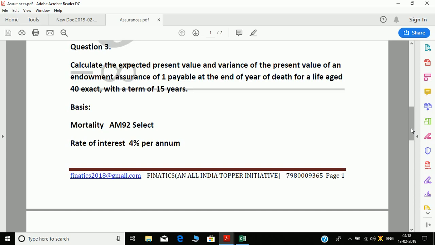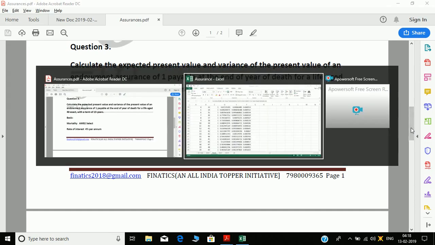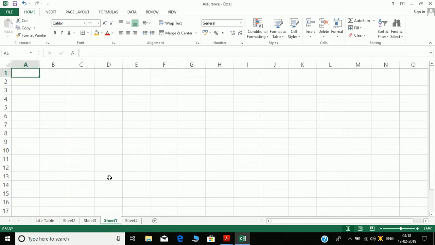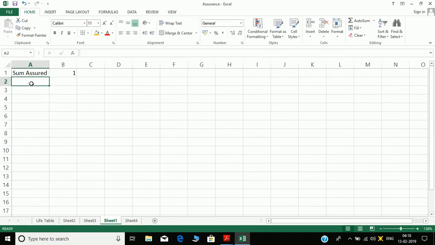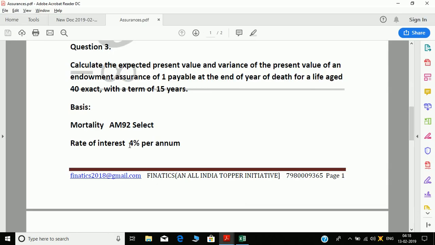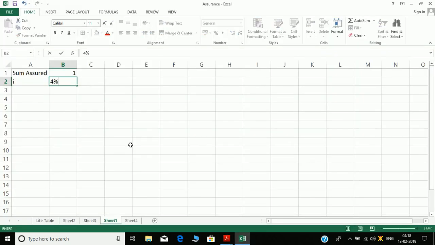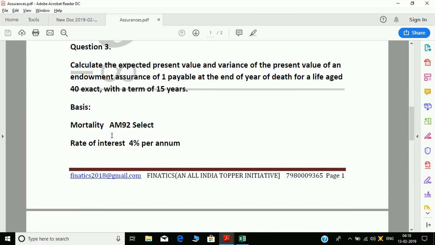Again here, let's come to the sheet. Sum assured is given to us as 1. Interest i is given to us as 4%, and our mortality is AM92 select.